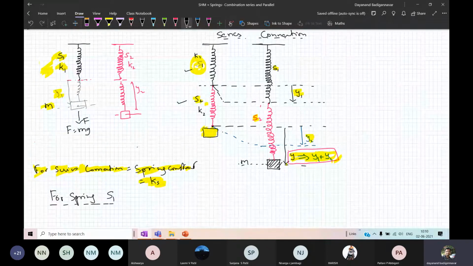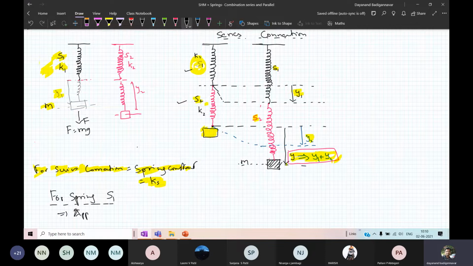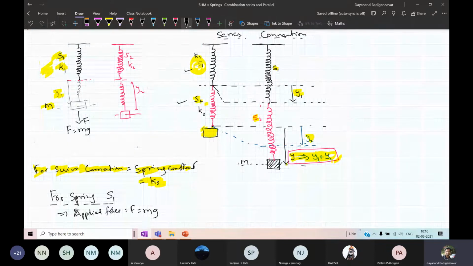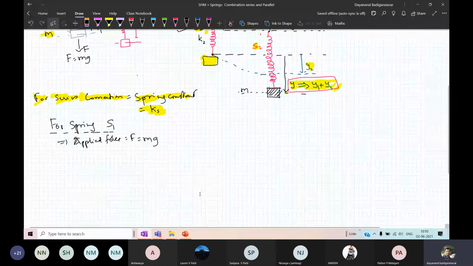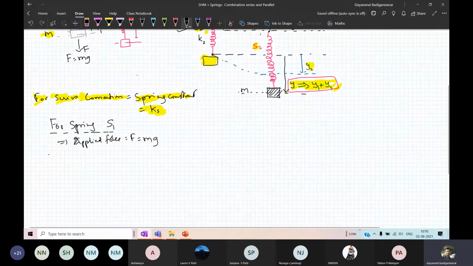As you apply the mass, the spring gets elongated, and the force that is applied is F in the downward direction. So the first force that is acting on the spring is the Newtonian force, or the applied force, that is equal to F, that is equal to M into g. Now for this, what happens? There is a restoring force in the spring, Fr. I will take it as Fr1, because I have considered the first spring. So the second is the restoring force that is present.